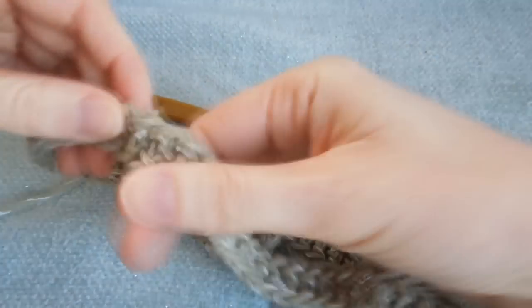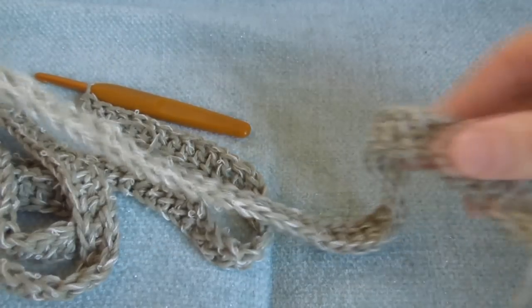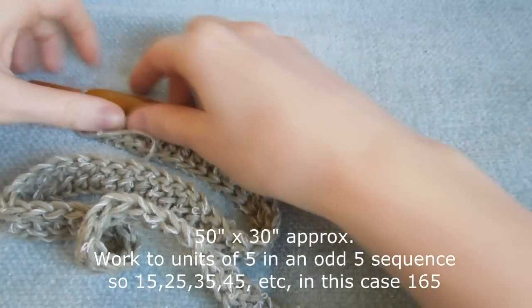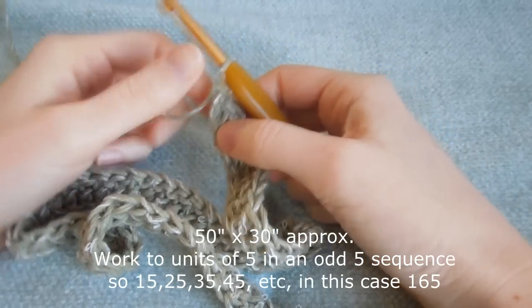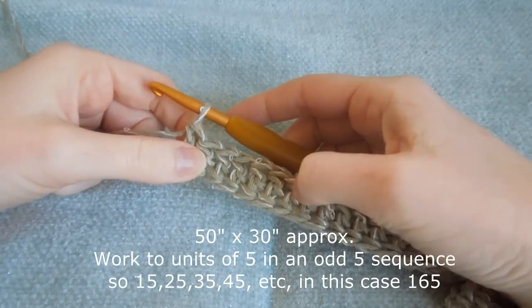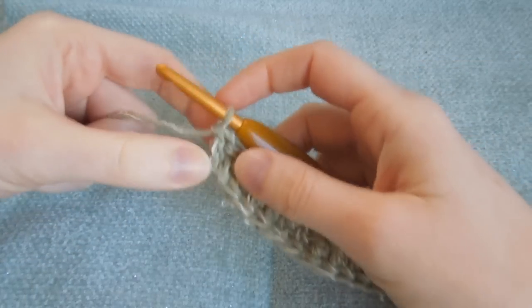So this is quite long, but it's not going to be a massive blanket. I'll overlay this video with the exact measurement in inches for you as well, so that should be appearing right now because I'll measure this. But what we're going to do now, like I said, we're going to be working in 5s. We're going to do 5 closed stitches and 5 open stitches, and what I mean by that is the first